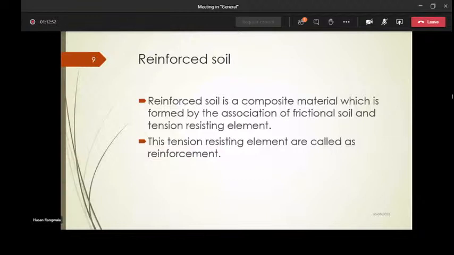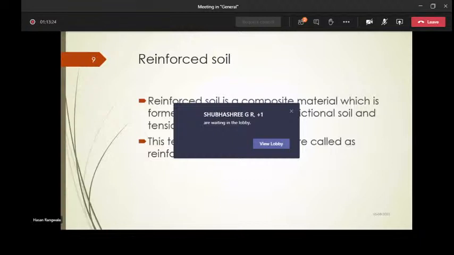Okay, this can also be termed as reinforced earth, and some of the researchers termed it as reinforced earth. Okay, now one of the basic things that you have to see is you have to have friction in the soil for using this type of particular reinforcement. Okay, in case you have a low frictional soil or a cohesive soil, it is related with highly more compressibility, where it is suggested to use drains rather than reinforcing,